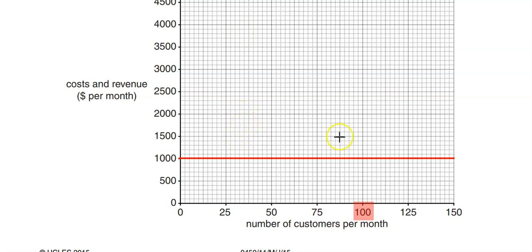So there is no need to draw all the lines. Simply, I draw the fixed cost. Then I start drawing the total revenue line. I know the total revenue line would start from 0. Remember, the price per customer was $30, right? So at 0, of course, the revenue is 0. At, for example, 100, I know that the revenue will be 3,000. At 150 customers, I know that the revenue will be